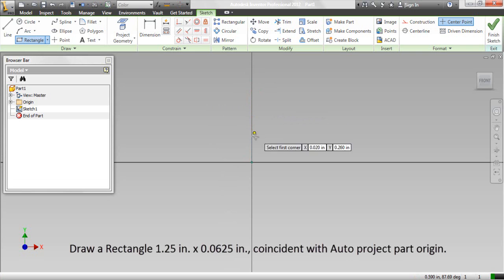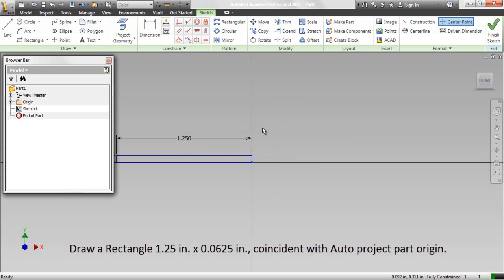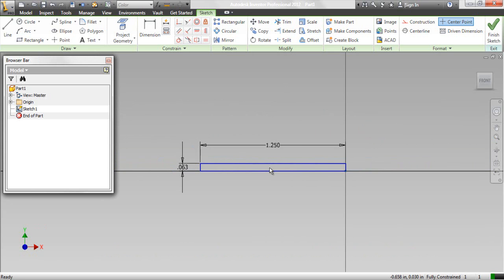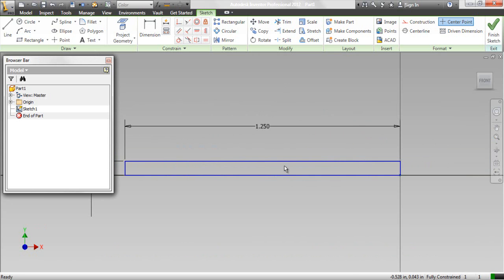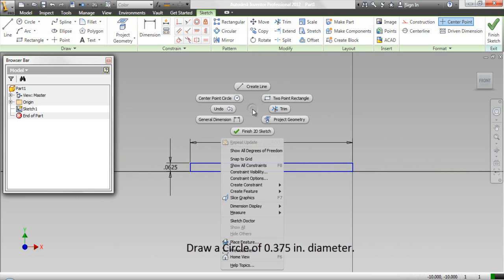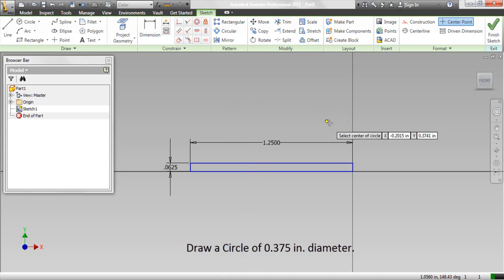Draw a rectangle 1.25 inch by 0.0625 inch, coincident with the project part origin. Draw a circle of 0.375 inch diameter.